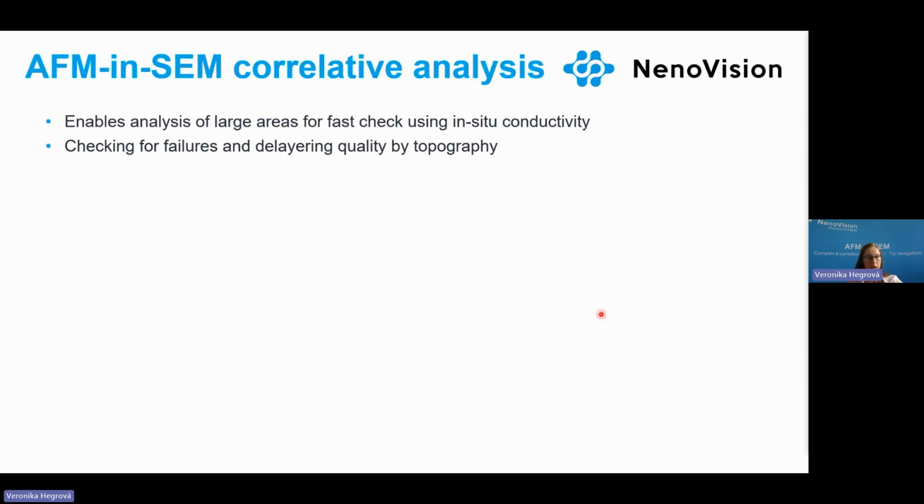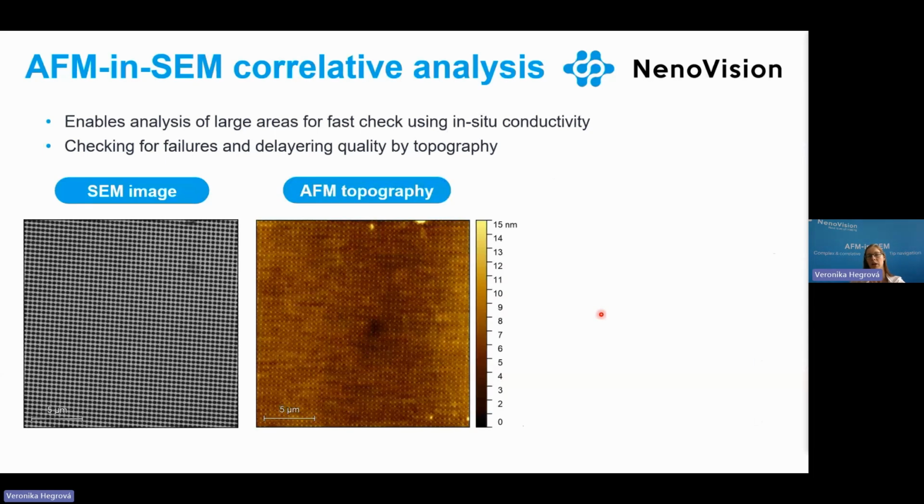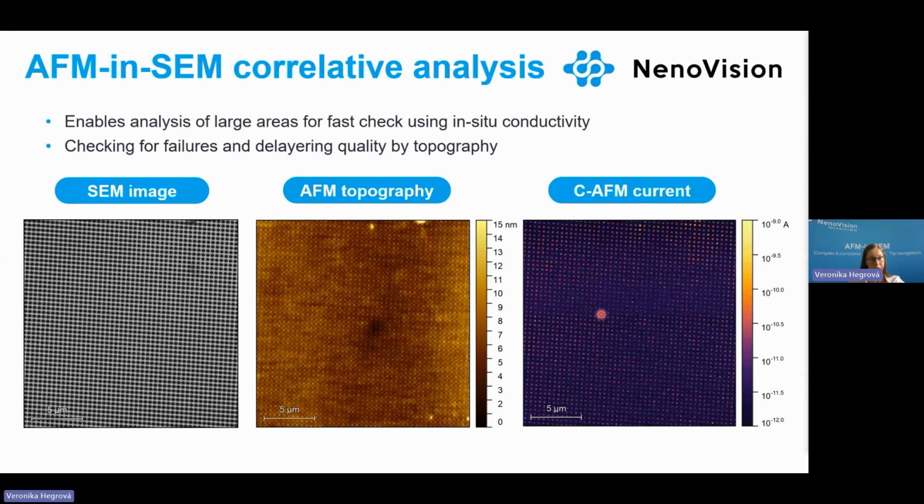We can as well analyze correlatively and put together the SEM view, AFM topography, and the conductive AFM current. This is the way how we can check for failures, either in SEM connected with the conductive AFM current, or we can check the quality of delayering, if it's smooth enough or if something weird is happening and some curtains are there and so on. So we can correlate large scales and find out